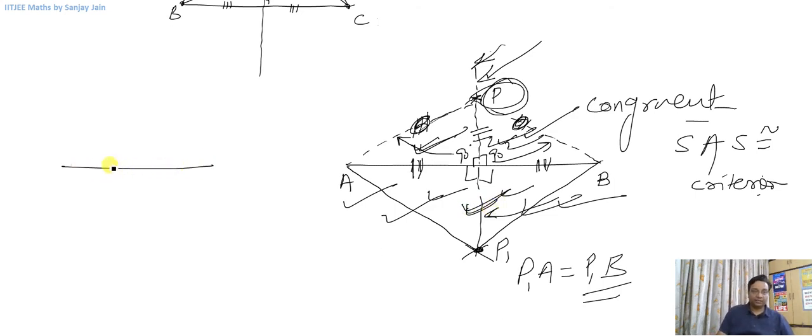So if you draw a perpendicular bisector of a segment whose extremes are P and Q, then any point lying on this perpendicular bisector will be equidistant from P and Q. All right, I hope this much is clear to you. Now